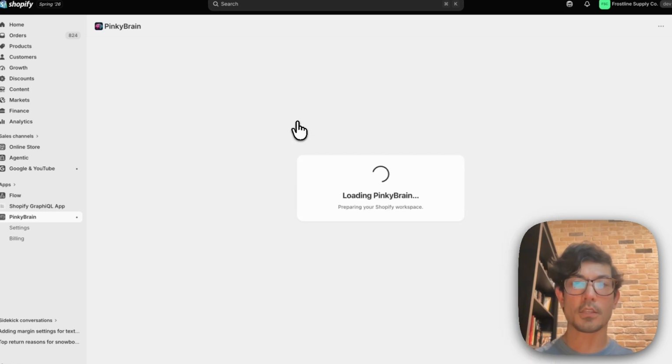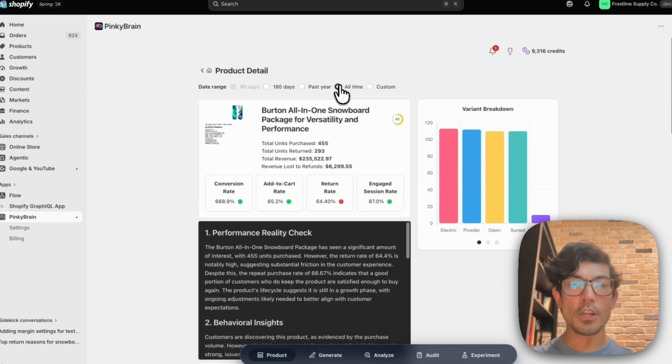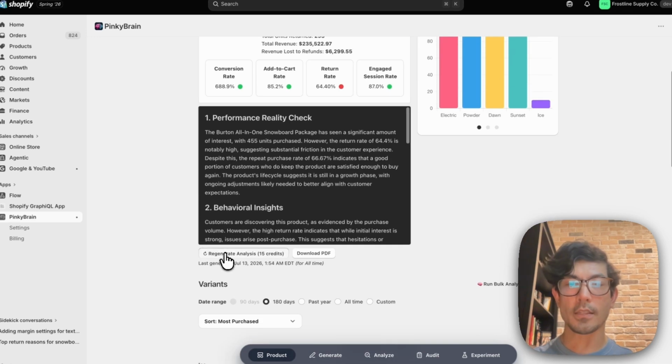So I'm going to go ahead and pick this product. And we're going to choose all time because all time has a decent amount of data. So as you can see, 455 units purchased, total units returned 293, and the total revenue lost to refunds is $6,200. So it's pretty substantial. So let's go ahead and run an analysis